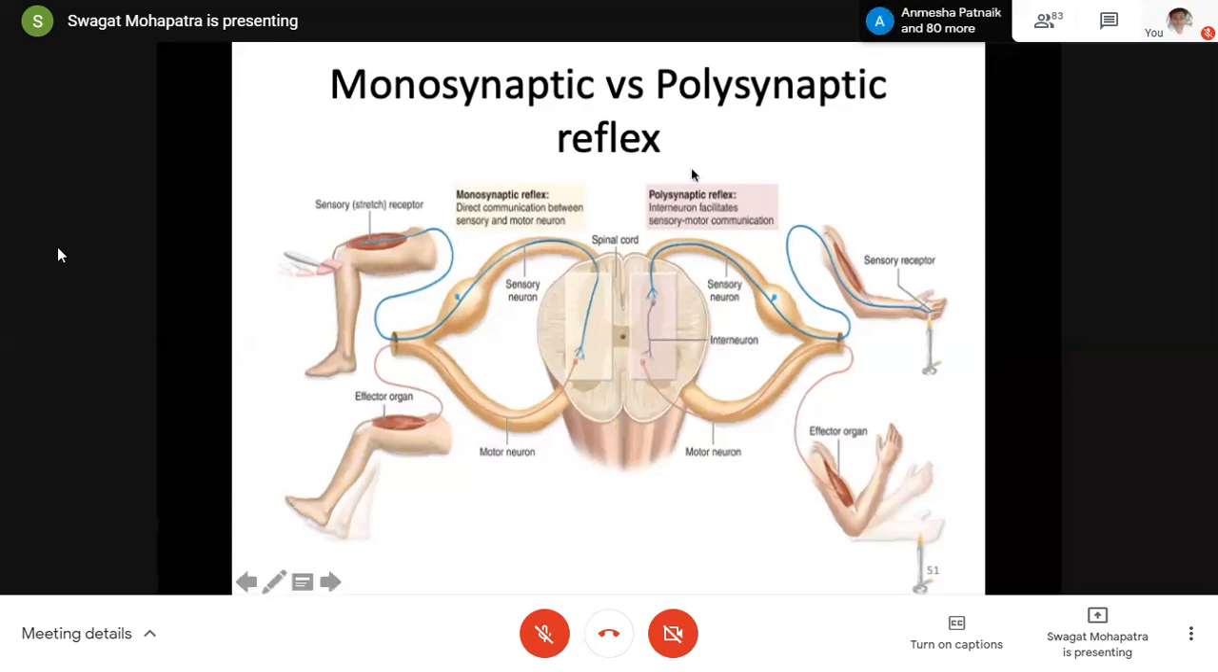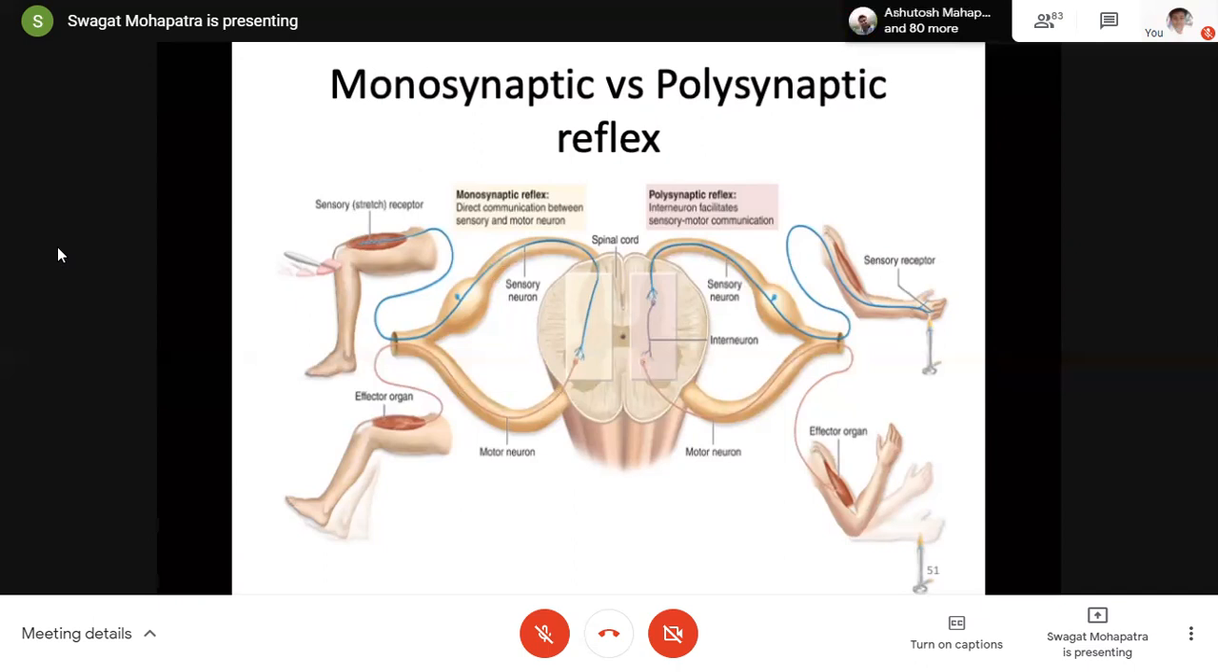So what is the necessity here to add that interneuron? Without that also it could have the same results. What is the necessity for adding that interneuron? What does it do that is different from the monosynaptic reflex? Okay, the difference is that